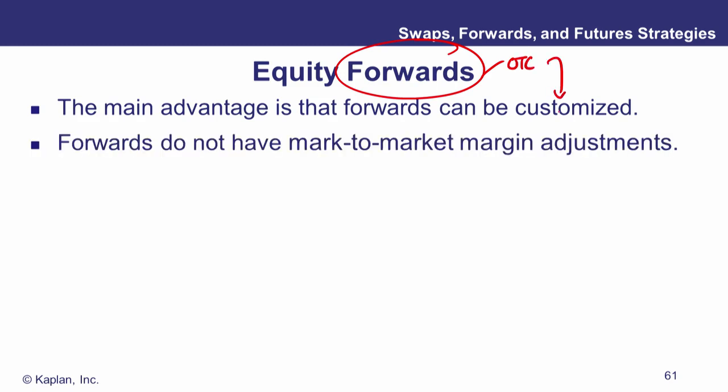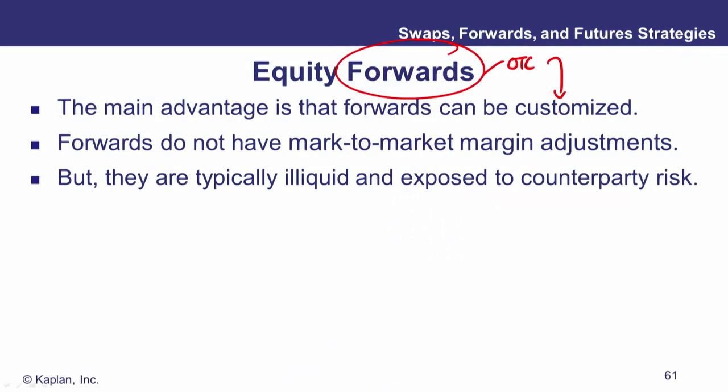They're not standardized by an exchange. They do not have automatic mark-to-market margin adjustments that need to be paid. In other words, if you suffer losses under a forward, it's not that you get margined by an exchange. You might very well be asked for collateral by your counterparty, but there's no formal margining system. But they are illiquid because they tend to be tailored to individual investors. There might not be more than one counterparty available to you, and there's no central exchange where they're traded,